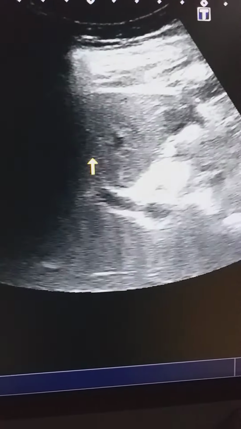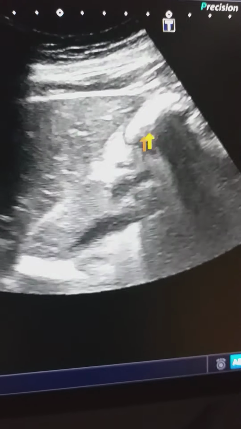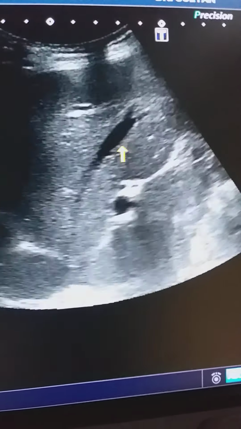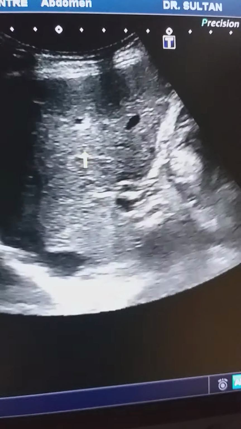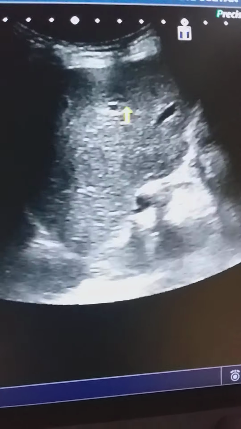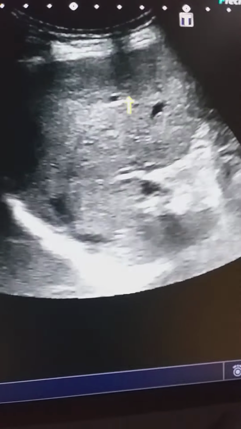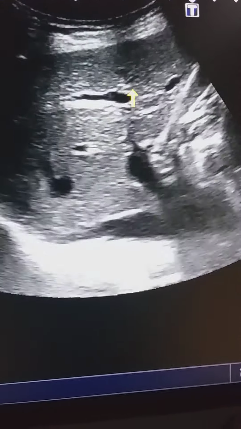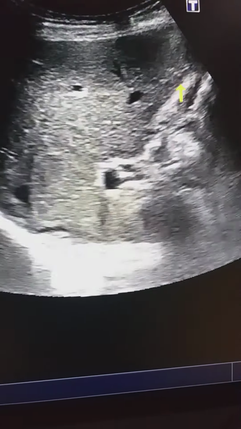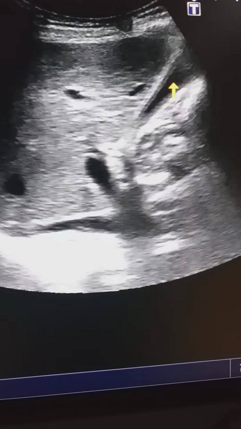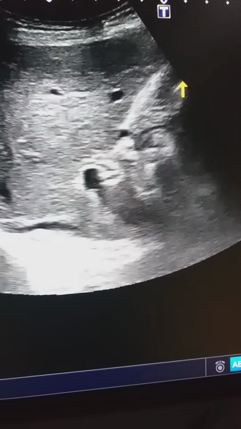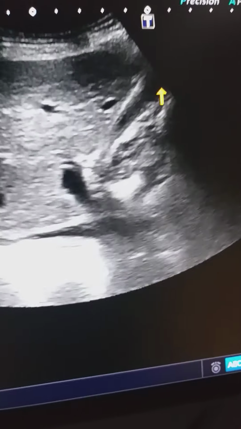So ये तो नॉर्मल हो गए। अब हम जाते हैं राइट लोब ऑफ द लीवर, उसको देखते हैं। ये राइट लोब ऑफ द लीवर है, तो ये भी तो मुझे नॉर्मल लग रहा है। इसमें भी कोई मैसेज नहीं है। तो ये पार्शली contracted liver, gallbladder, which is also normal.